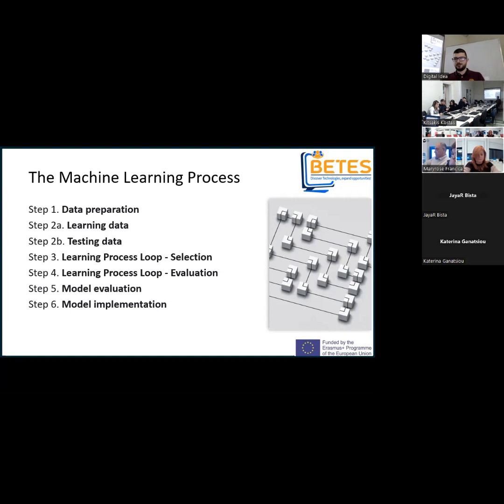The fifth step is the model evaluation. We test the solution we decided on using the test data, and judging by the performance compared to the learning data, we can decide whether we will carry on with this model or have to change it again. And finally, after all these steps are completed successfully, we move into model implementation, which means that we implement the model on the real world data that we need to assess. An example of that could be big data, for example.